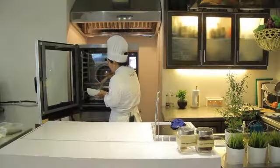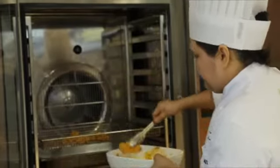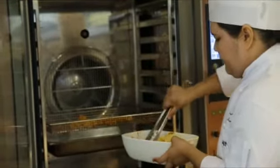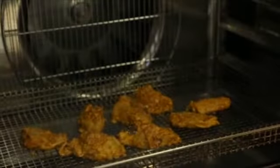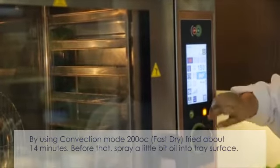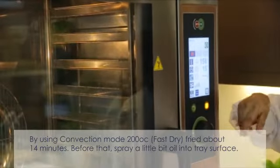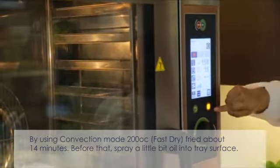Just put the chicken wing on top of the oven. (190). Timing is 50 minutes. I push fast rice to become more crispy and then just